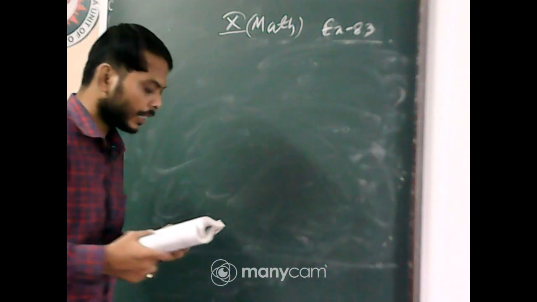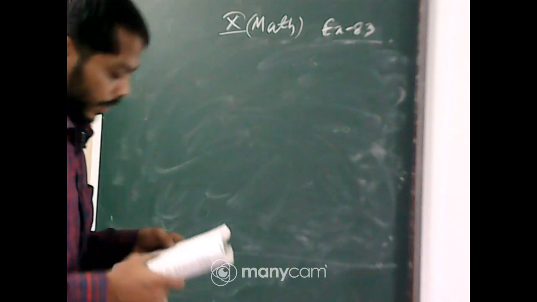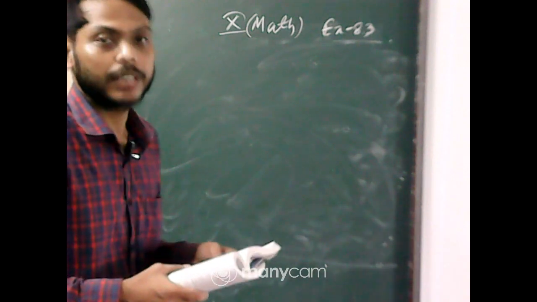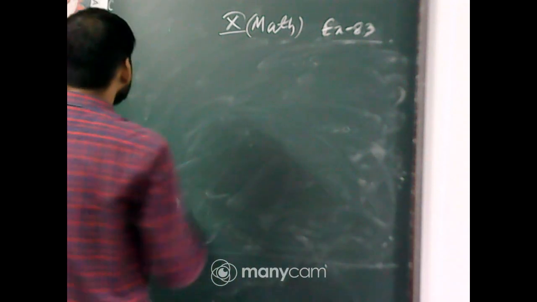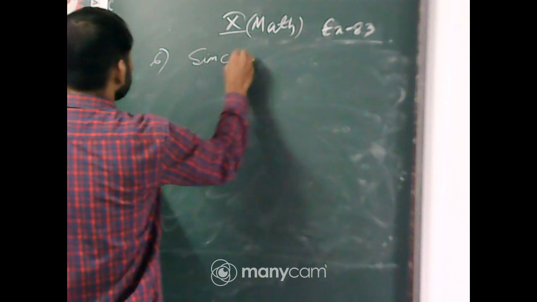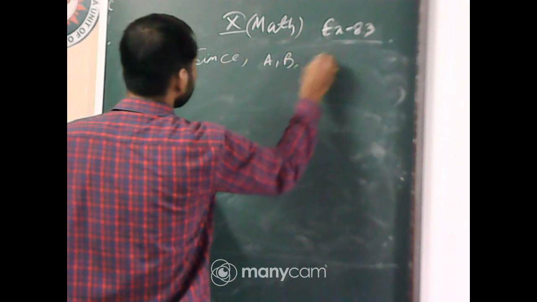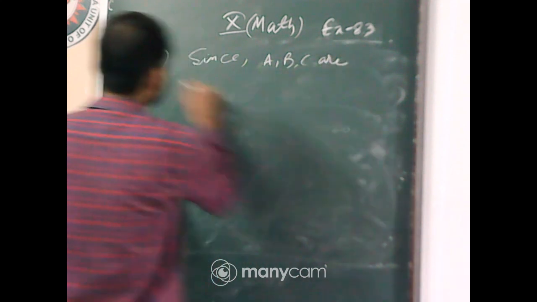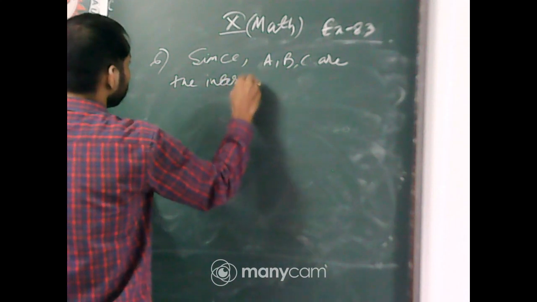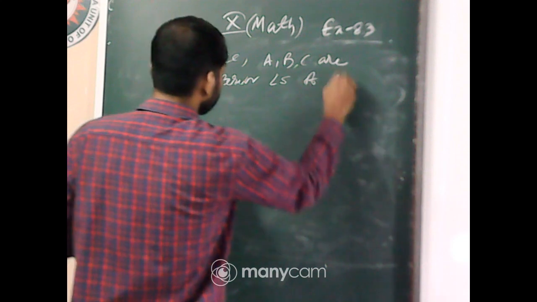If A, B, C are interior angles of a triangle ABC, then show that sine of (B plus C) by 2 equals cos A by 2. Okay. So, first of all, since A, B, C are the interior angles of triangle ABC,